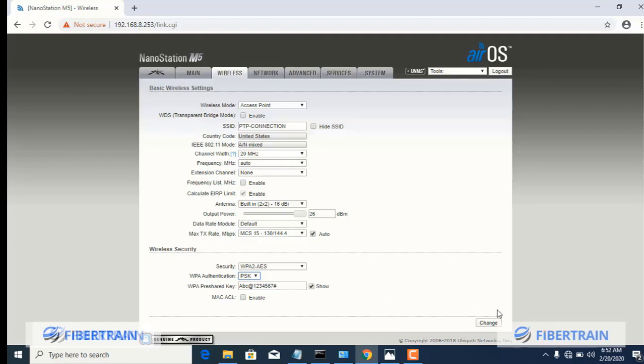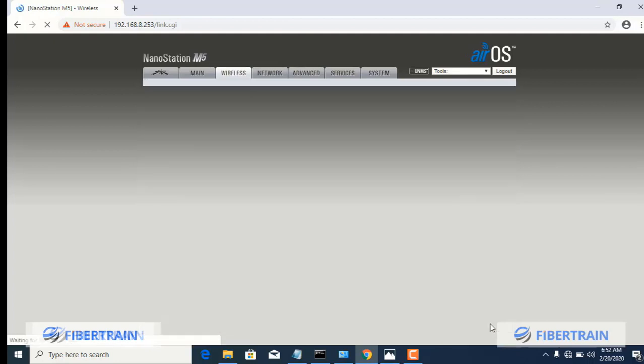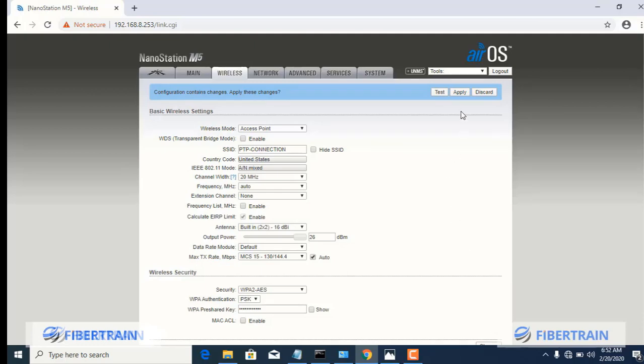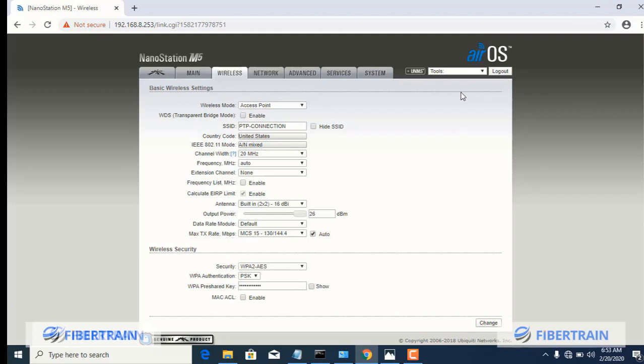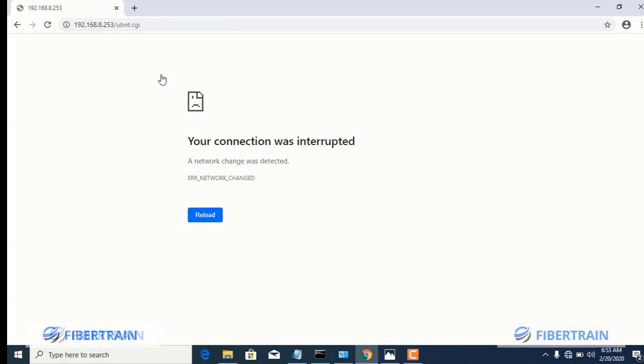So those are the settings we need to make in the main building radio, and then we're going to hit the change button here, and then it will allow us to go and apply our settings. So that's pretty much what we can do in the main building radio. And if you come to this basic,